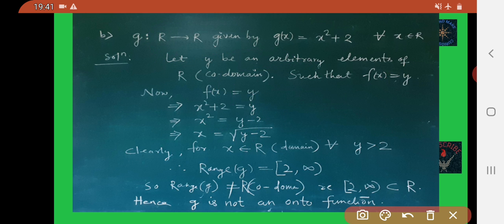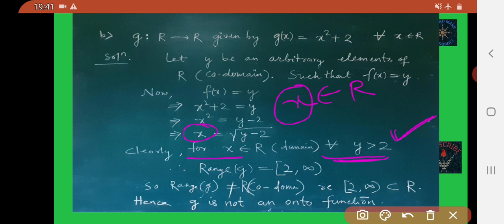That's why, for x belongs to R, x is a real number when y is greater than 2.